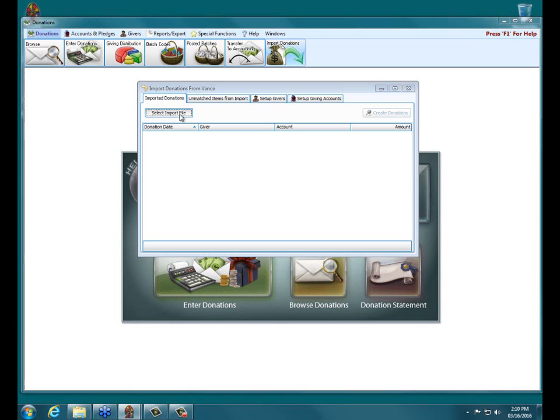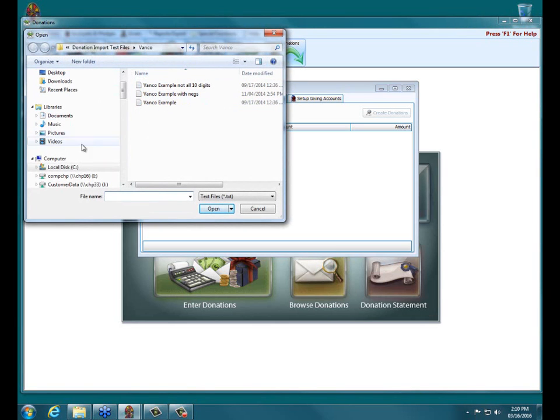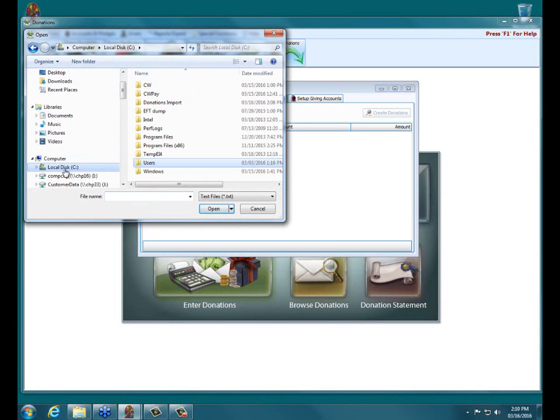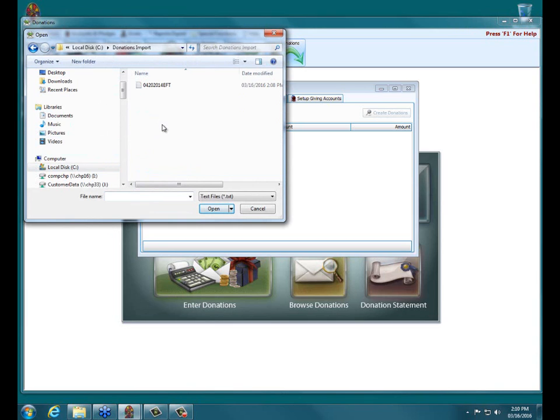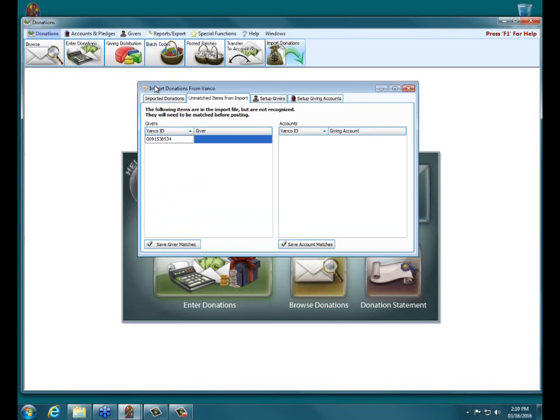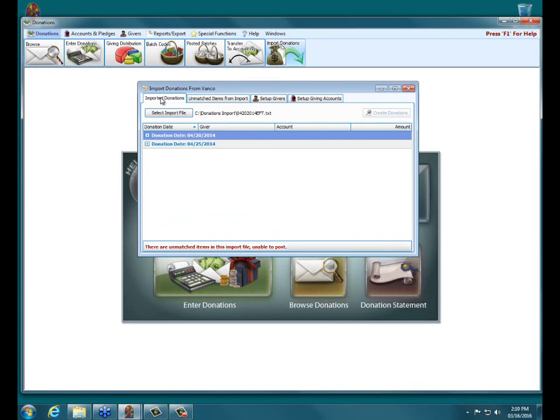So when I click on Select Import File, I'm going to browse to my C drive, go to the Donations Import folder that I created, and you'll see that file that you saved from your email. You can verify the date from the name of the file that you created. Double clicking on that,